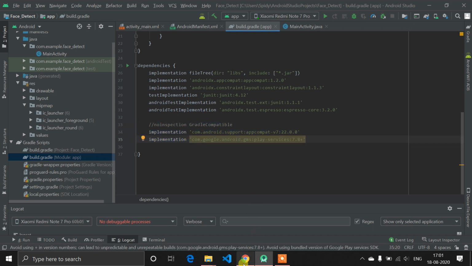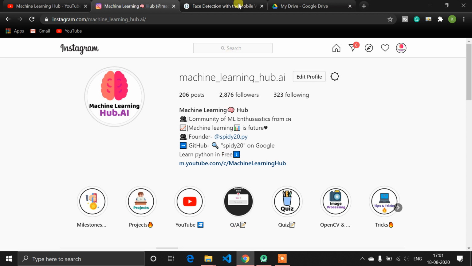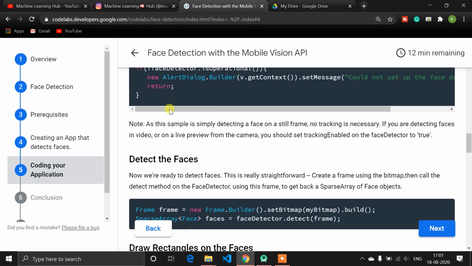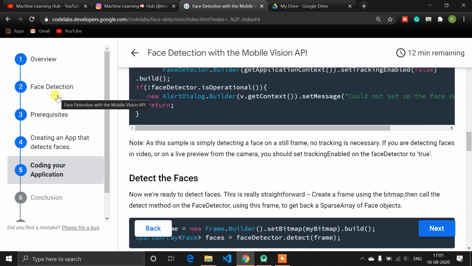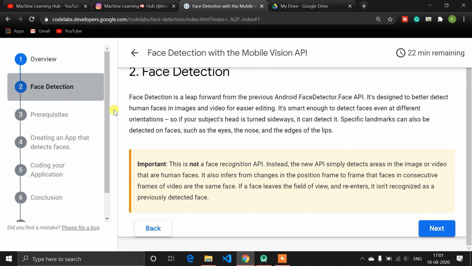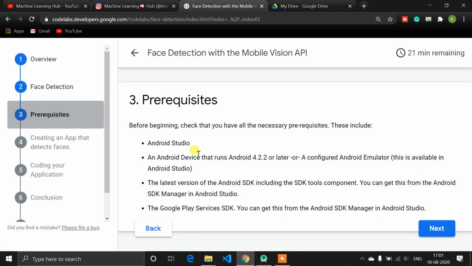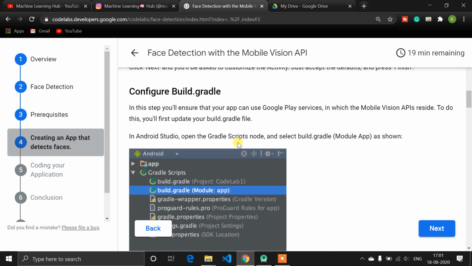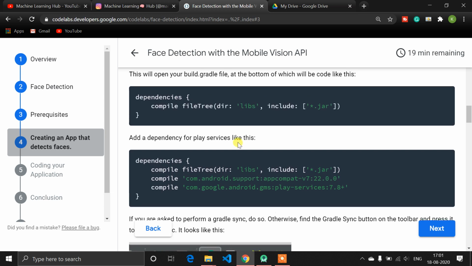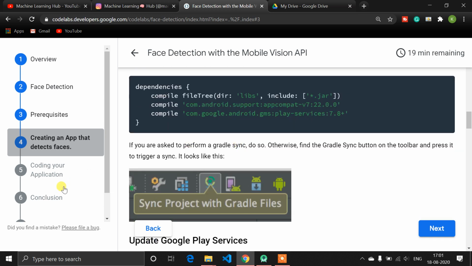Or if you did not get this properly, Google has actually written a blog here, and this blog also provides ready-made code. You just need to copy and paste. But this code is very basic, meaning you cannot do much with it.